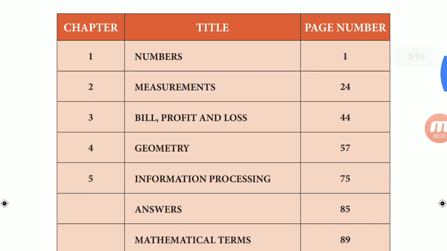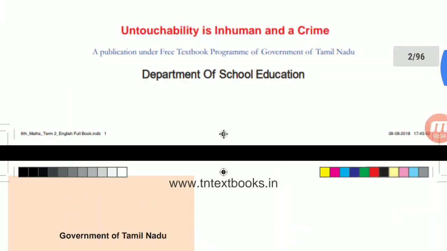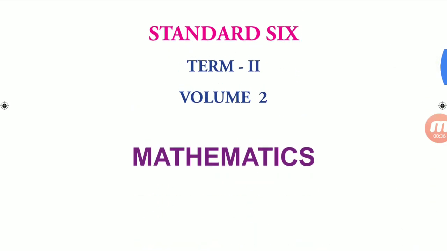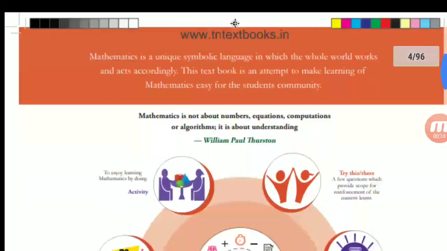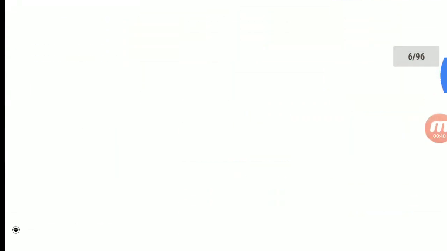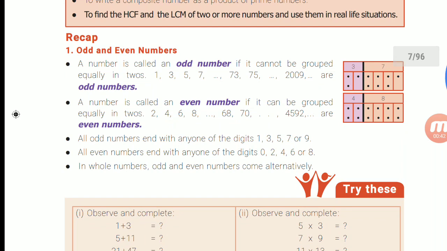Okay, in the number system, 6th standard book, Volume 2, Term 2, we are going to see it. Let's see. The first topic is what is an odd number and what is an even number. The numbers which end with 1, 3, 5, 7, and so on, 73, 75, 2009, whatever it is,